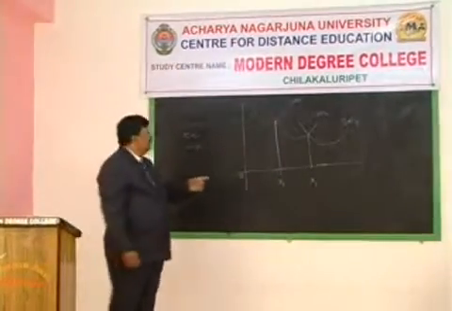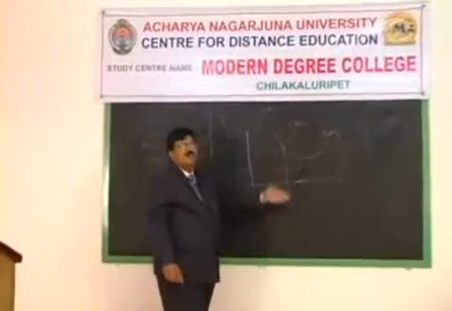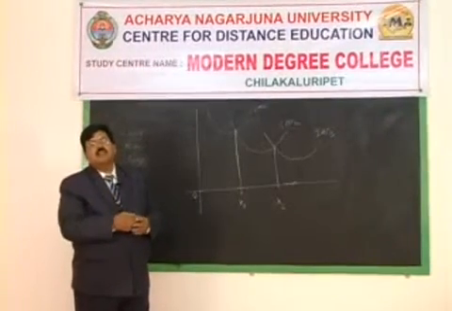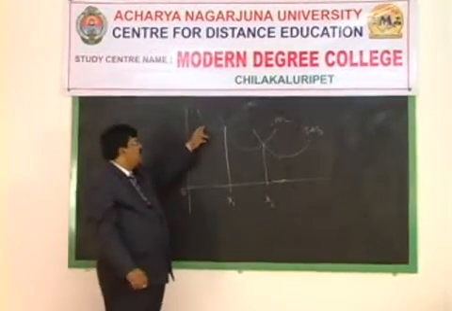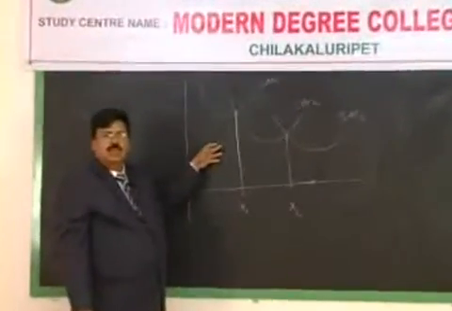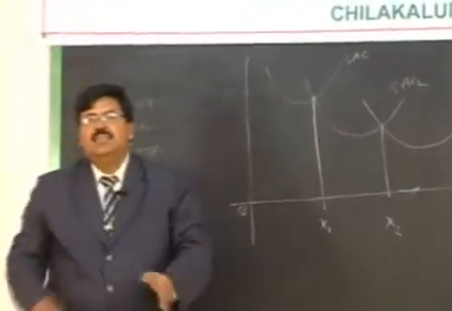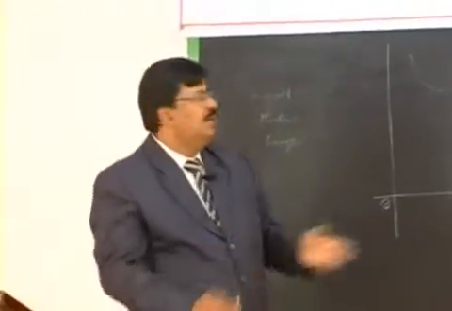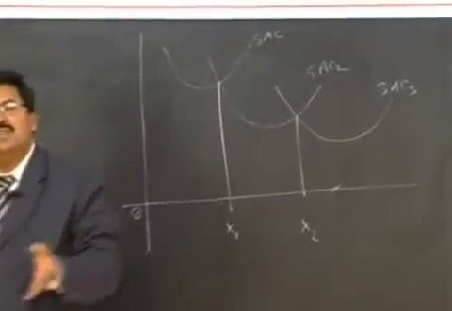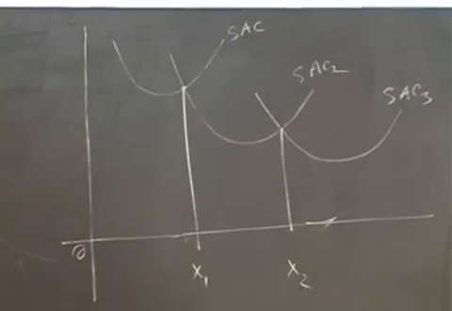Here, whether he will use a smaller machine or medium or large depends not on the basis of lowest cost, but something else. For example, he may go in for a smaller machine because per unit cost is low, or he may go in for a medium machine, keeping in mind future expansion possibilities. Similarly, medium or large. So here the decision is not on the basis of least cost per unit of output, but on the basis of something else.